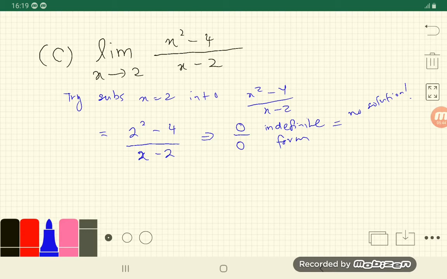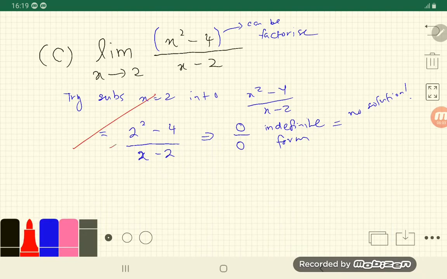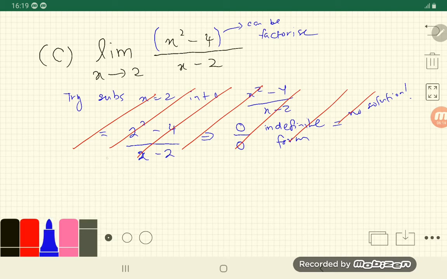If you see here, the quadratic expression, x squared minus 4, actually can be factorized. So now let us forget this part. Let me cancel all of this. Let us try another approach, which is to factorize this. So let's go for the correct solution. If we get the no solution case, we are going to factorize